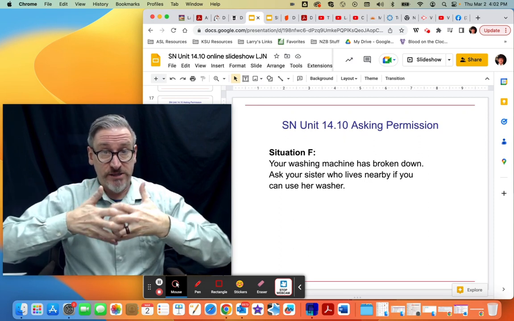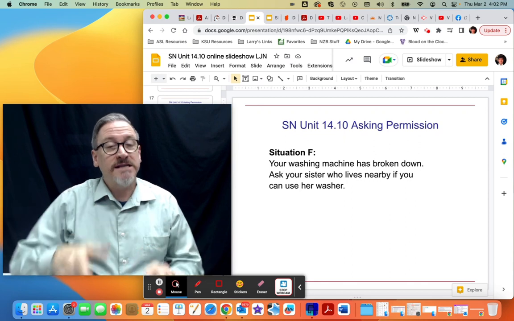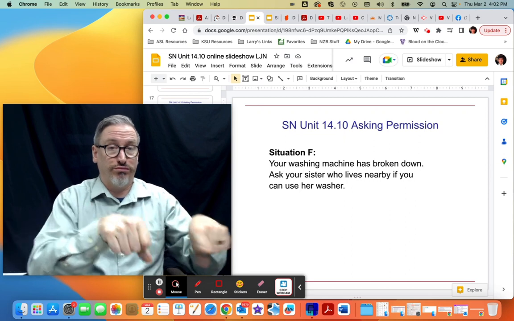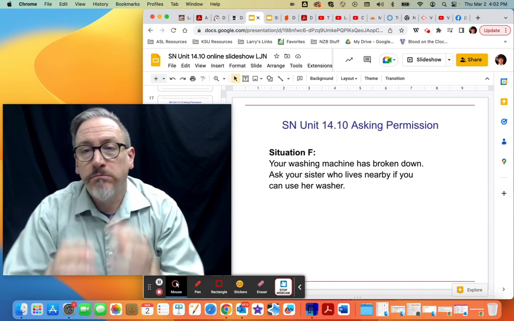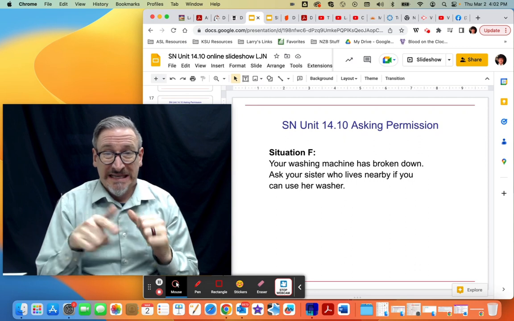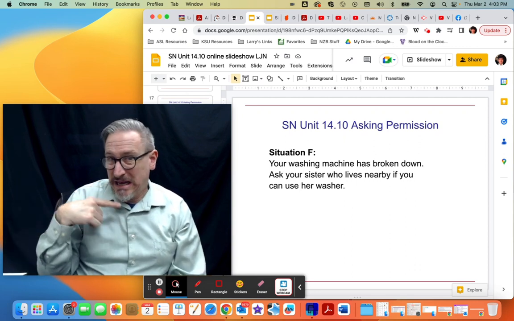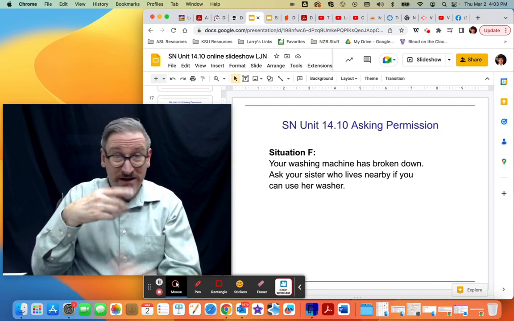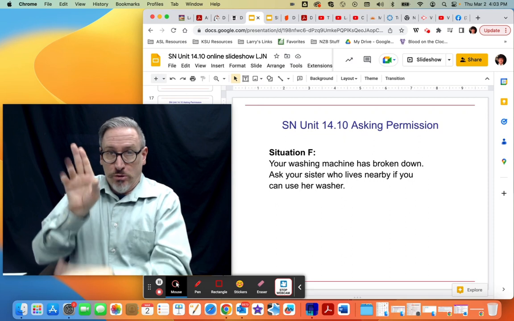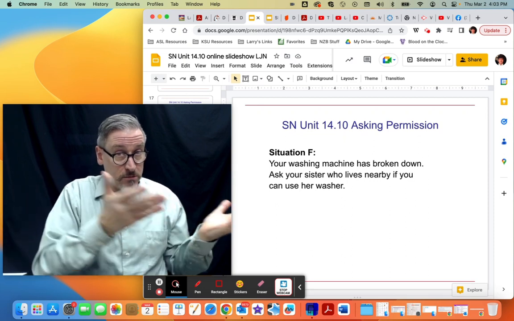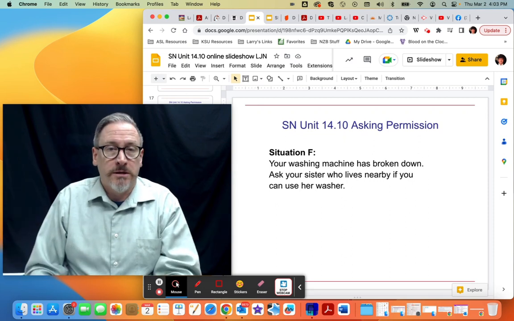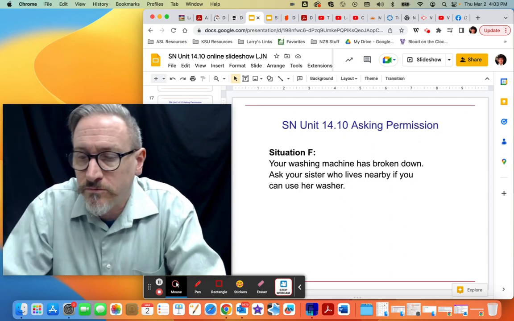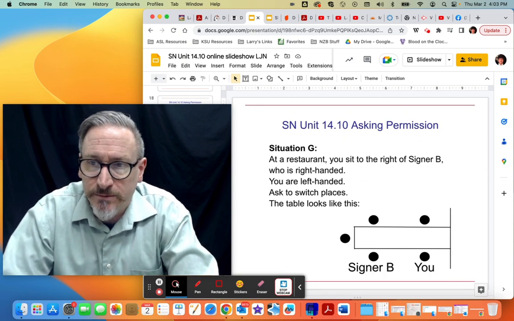Washing machine. So this is machine. And sometimes people will do machine lawnmower, right? Machine broken down. And one of the nice things: do you mind if I use your laundry for my clothes? Bring it over there, because you're not going to bring the washing machine to your house, right? So little things to think about as you're signing.